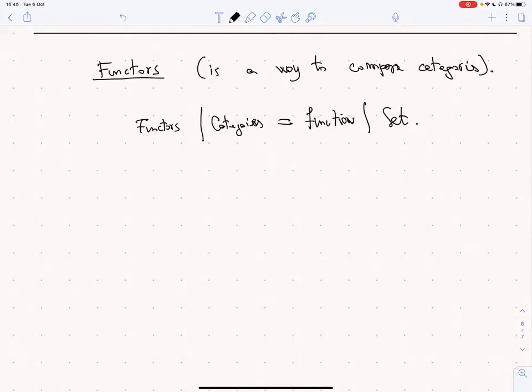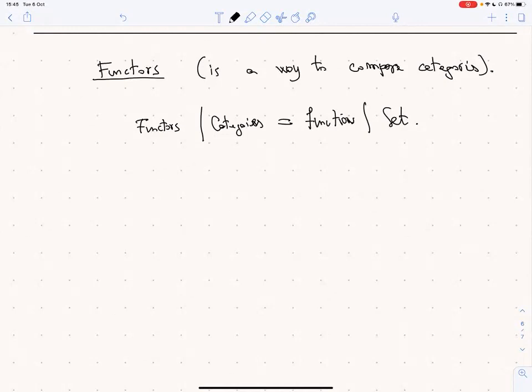So let's give the definition and then we will see some examples. Of course, the aim of this lecture is to give you as many examples as possible. So many examples will be very well known to you, but some others maybe might open new ideas. I hope so, at least.